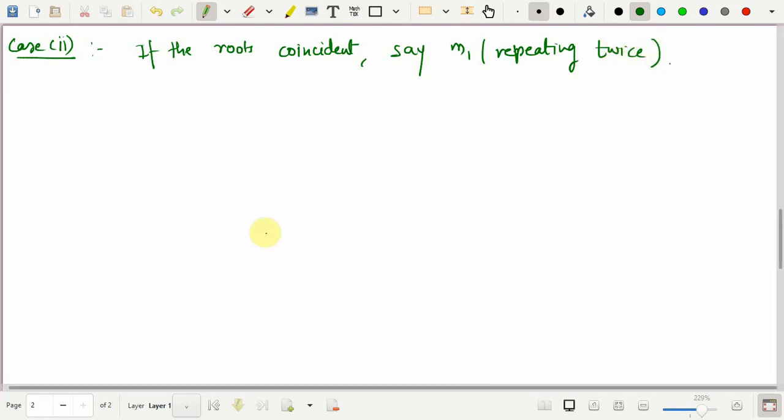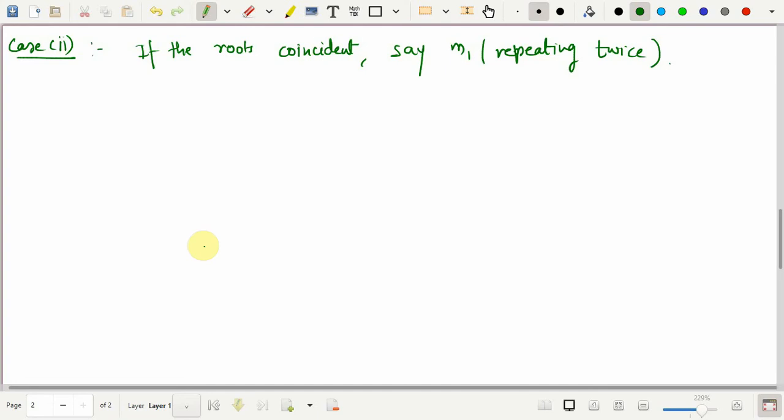So basically the auxiliary equation will be of the form (m minus m1) the whole square is equal to 0. Now in that case, how do we get the two linearly independent solutions? Definitely one solution will be e raised to m1 x,